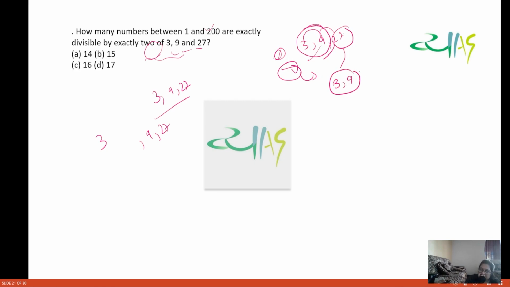जो नंबर 3 और 9 से डिविजिबल हो, ठीक है ना, बेसिकली आपको ऐसे नंबर चाहिए जो सिर्फ 3 और 9 से डिविजिबल हो। चलिए, दिस इज ओके। बट देन यू हैव दी नंबर 3 एंड 9, तो अगर कोई नंबर 9 से डिविजिबल है तो वो 3 से डिविजिबल होगा, ओके। तो बेसिकली हम क्या कर लेते हैं, 1 से 200 के बीच में वो नंबर्स फाइंड कर लेते हैं जो कि 9 से डिविजिबल हो।